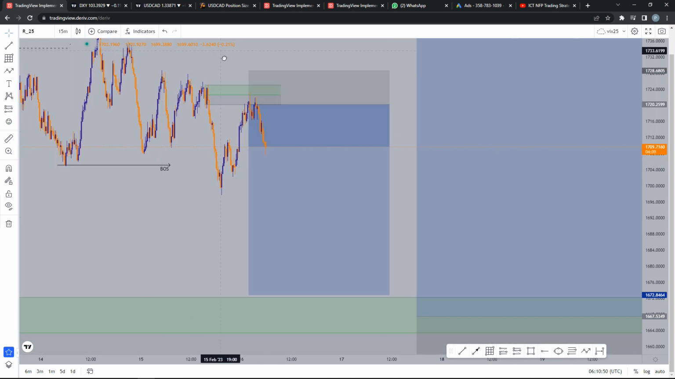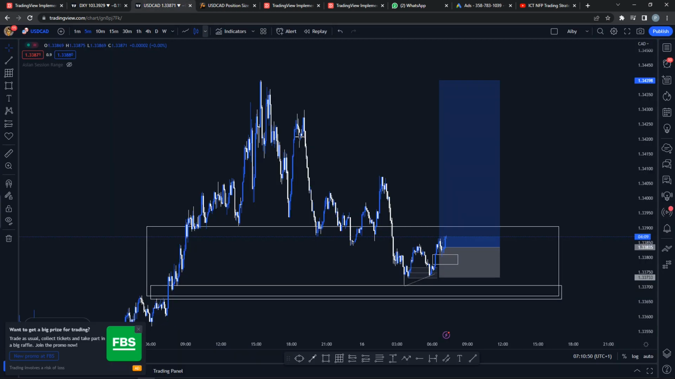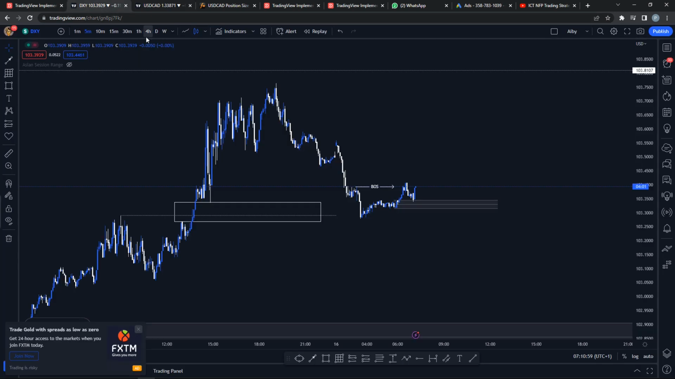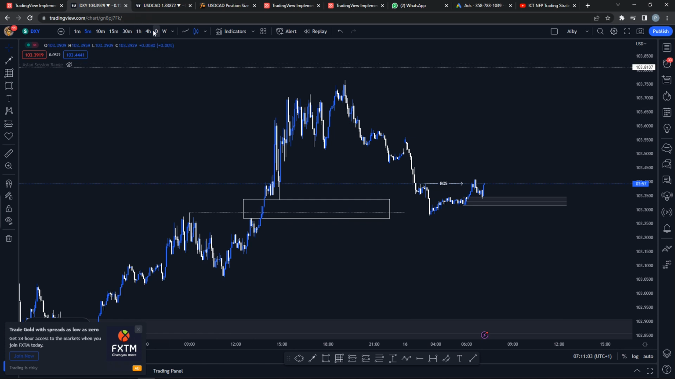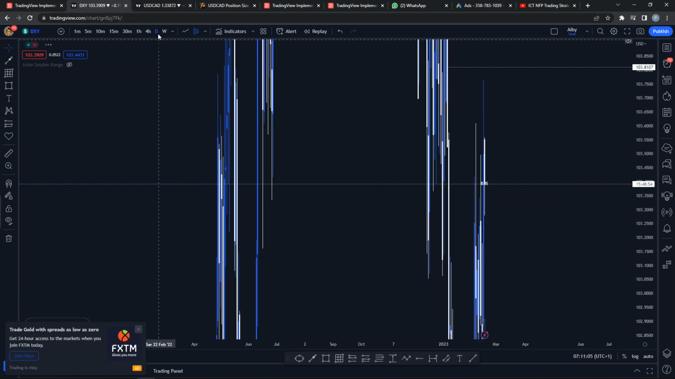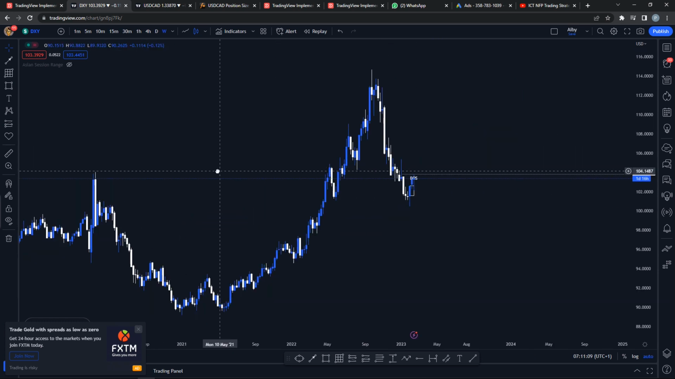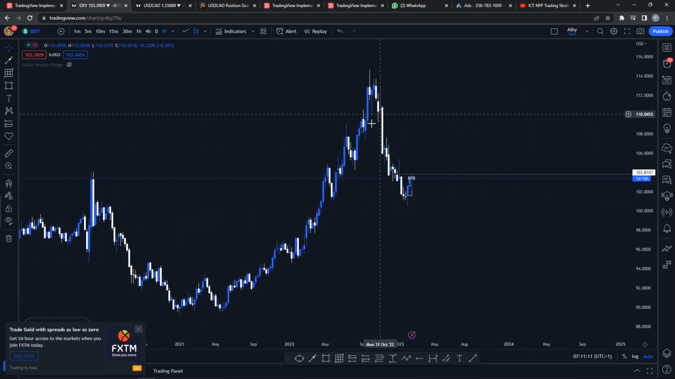I think I should take you guys into this other pair, USDCAD. So I trade currency pairs too. On USDCAD, basically I started this analysis with DXY. DXY is the dollar index. On the dollar index, I started from the weekly time frame. On the weekly time frame of the dollar index, I noticed that